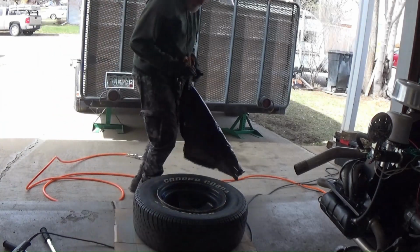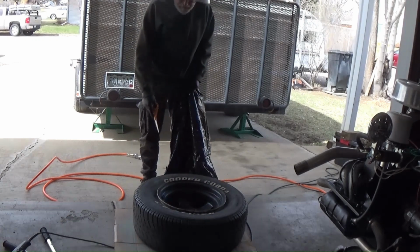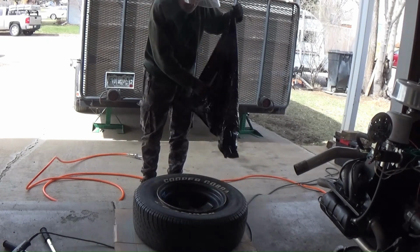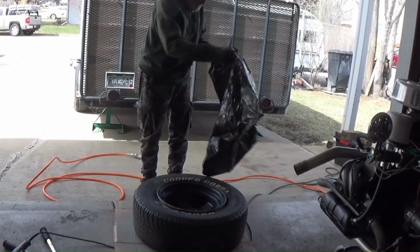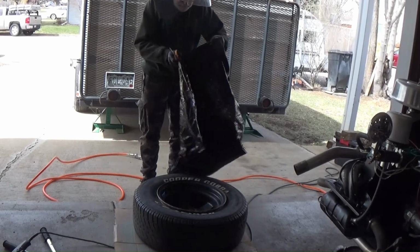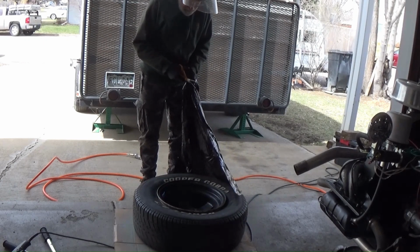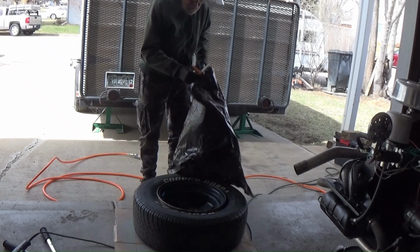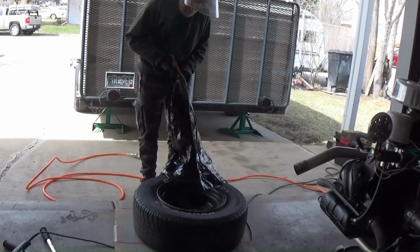Here's a little trick. I've tried all kinds of different things when I paint a wheel to keep from getting the overspray on my tires. I recently saw this trick and tried it, and it worked really well. So this is just a plain old kitchen trash bag, a heavier plastic bag might work better for you, but I'm just gonna come down to the side, and then I'm gonna cut across the bottom